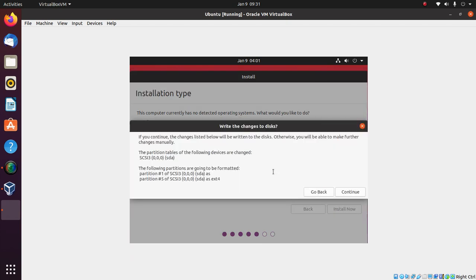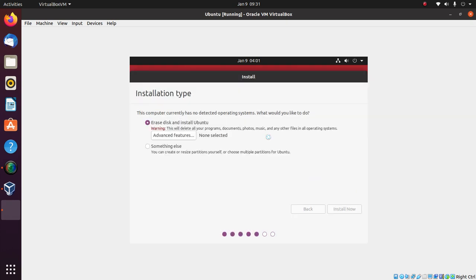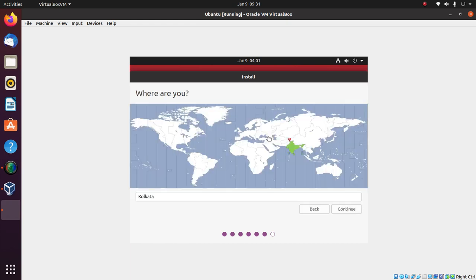Install now. It shows that these are all the partitions that will be formatted for us. Remember, this is a virtual machine. It's not going to affect your host operating system. It is only playing within the sandbox you have allocated, that is the 10 GB of hard disk you have provided for the virtual machine. Continue. Now the disk formatting will be taking place. In Windows, FAT32 was the file system, whereas in Linux they used ext4 as the file system.